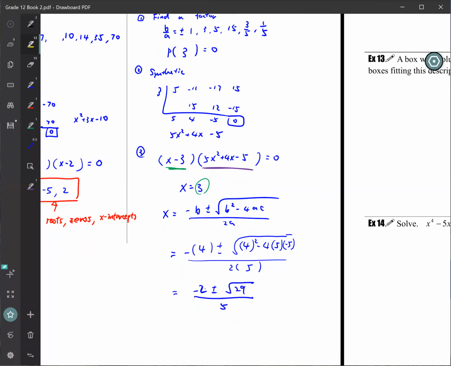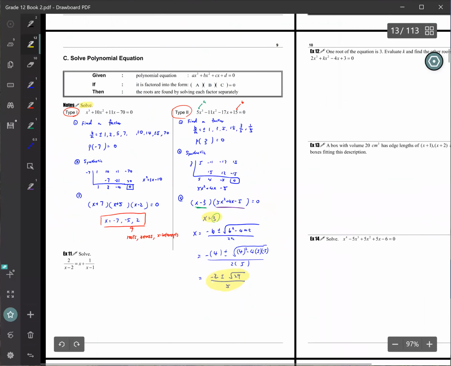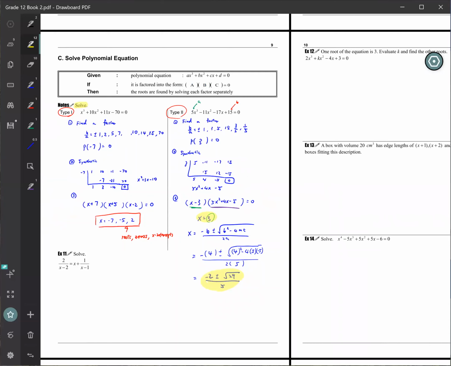This one, I think in top and bottom, they can all divide by 2, okay? So at the end, you get 3 answers still, right? You have the 3. You also have the adding, right? -2 plus, and the other one is the -2 minus, okay? So total, overall, you get 3 answers, okay? So that will be it for today. Next week, we can start on the graphing, okay? Using the x-intercept. So if you have